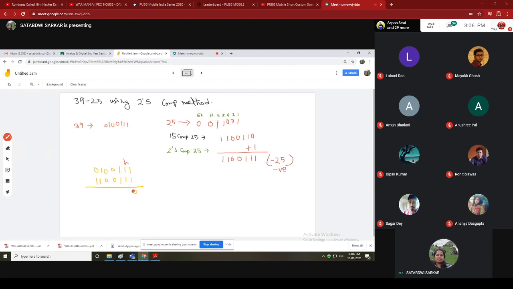So this is 0. And now here it is 1. And again we have a carry 1, so again it is 1. Now the carry 1, we put here, and it is 0. And again it is 1, 1, 0. Carry is 1, so again it is 1, 1, 0, and 1 carry is there. So it is 1.